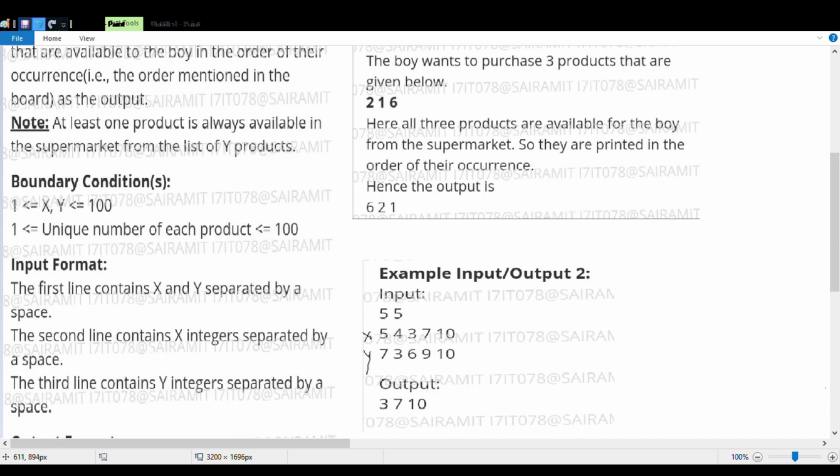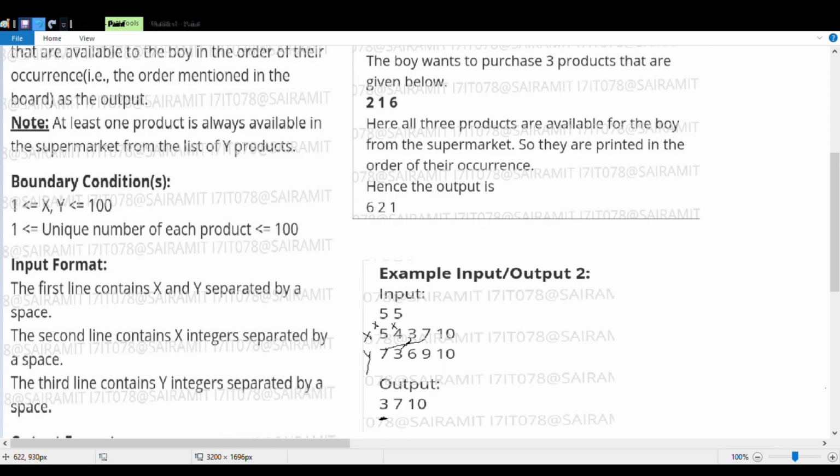Now we must check whether 5 is present in list Y. It's not present, so we are not printing 5. Now we must check whether 4 is present. No, 4 is not present in list Y, so we are not printing 4. We must check whether 3 is present in list Y. Yes, 3 is present, so we are printing 3.